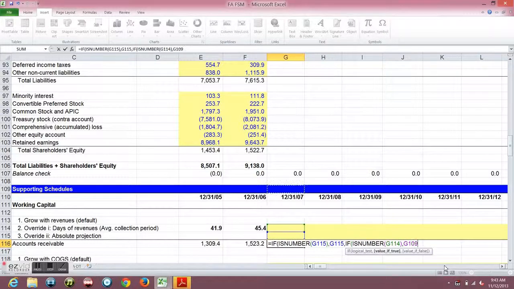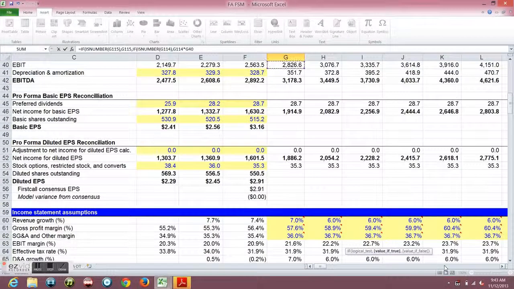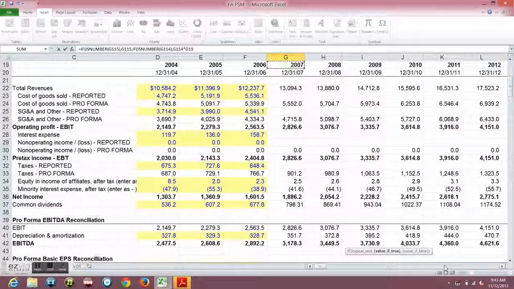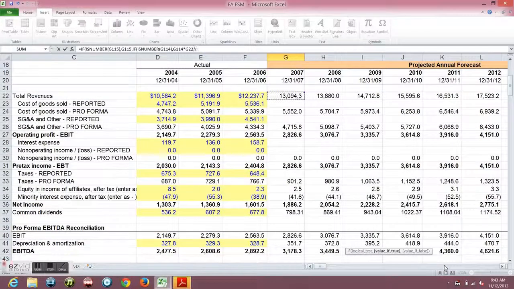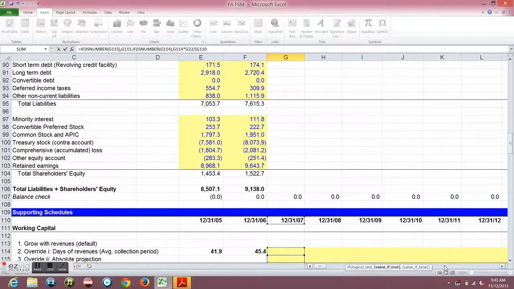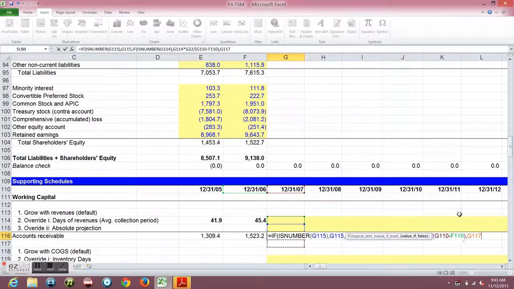So take your accounts receivables for that particular year. Take your period, divide that by, multiply by your revenue. Alright, then divide by your period, which you can do this way, or you can just put 365, whatever works for you guys. And if there's no number in there, then we have to create a third option, which we